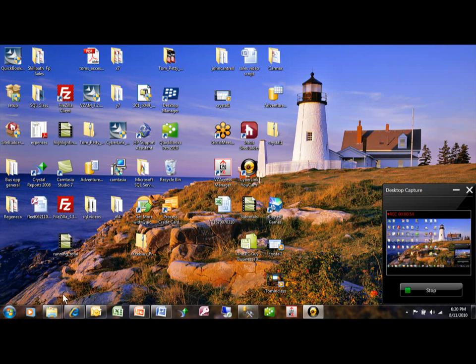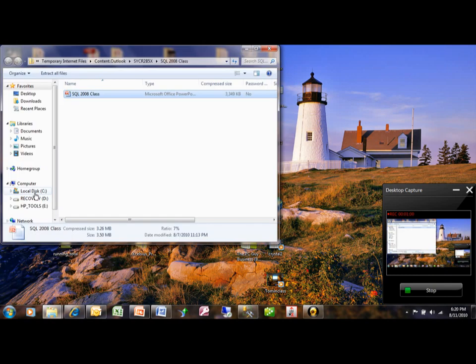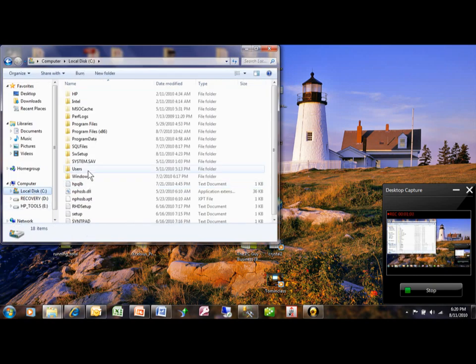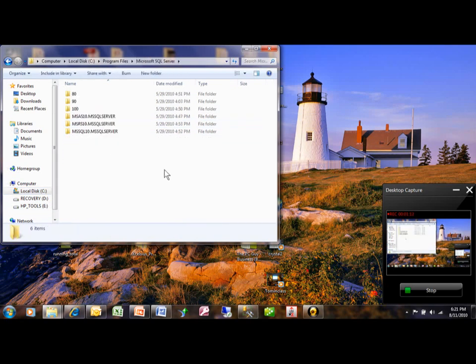So I'm going to pick on Windows Explorer, and we'll go into My Computer, and then we're going to go into the C drive. We're going to go into Program Files, Microsoft SQL Server. In this case, we are going to go into 100, which is the first server for SQL Server 8.0. And then at this point,